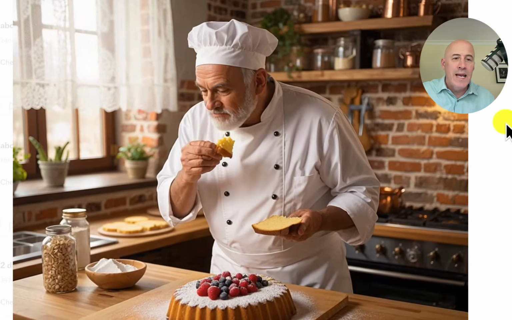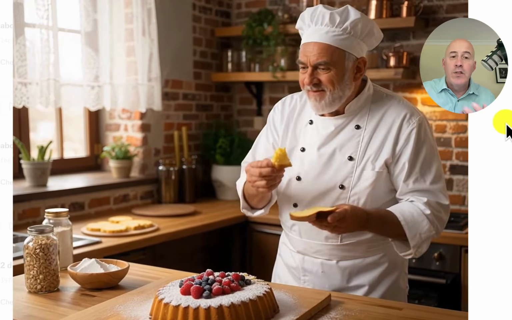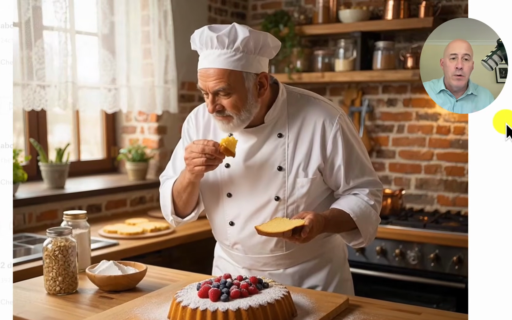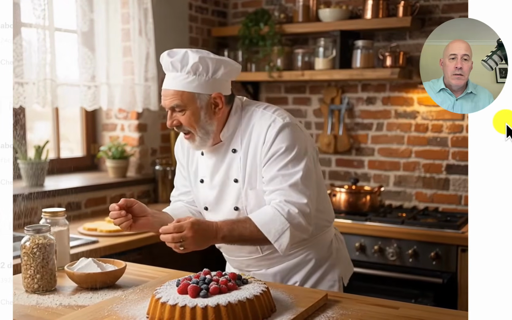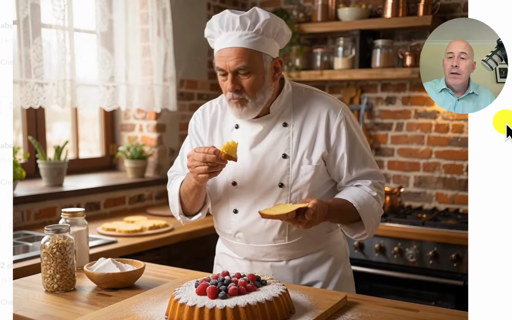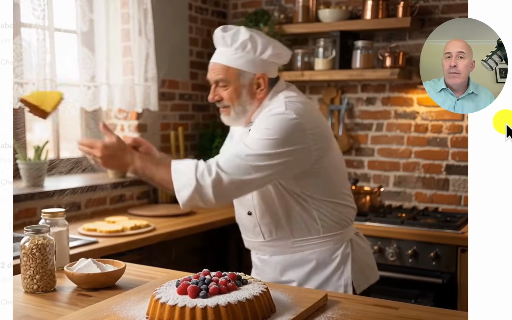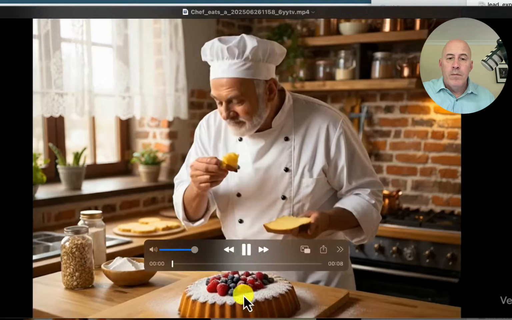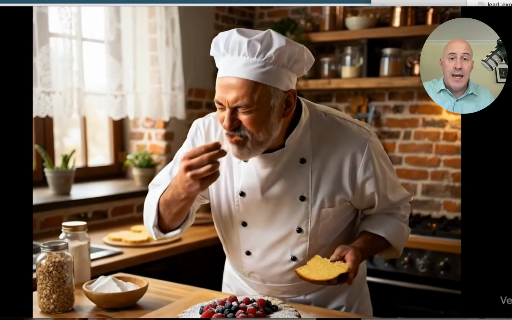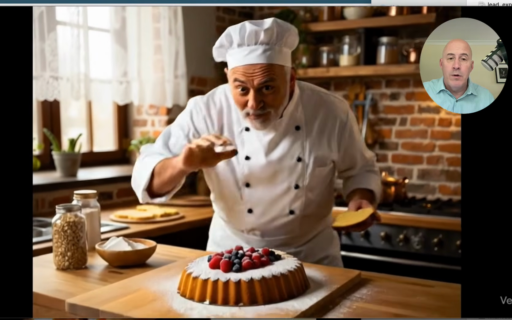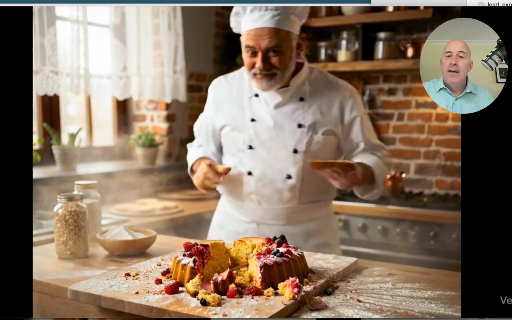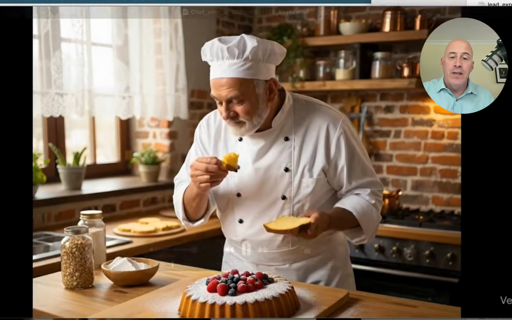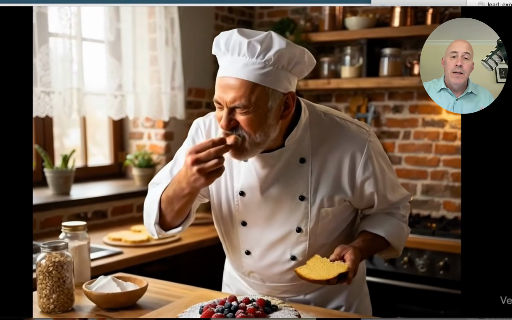Here we are with Seedance, and the chef has already taken a bite of the cake and throws the cake to the side, and no smashing of the cake. Okay, let's see if Veo 3 smashes the cake. Here's our chef eating the cake. There's a little crunch there. I don't know about that. And, smashes the cake. Yes. All right. I think that just makes it obvious. Veo 3 is the winner.